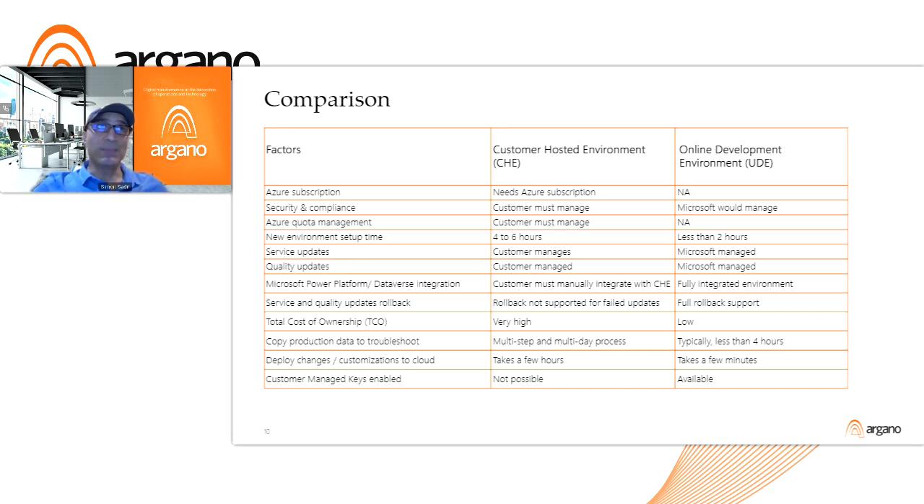Service and quality update rollbacks. In the case of a failure, essentially in a UDE environment, it behaves very much like a tier 2 sandbox, where an automatic rollback is supported. So if there is a failure with that particular update, it would behave just like it does today in a tier 2 and higher, which automatically rolls back. So you don't have that limitation that you have today when you have a typical local VM or tier 1